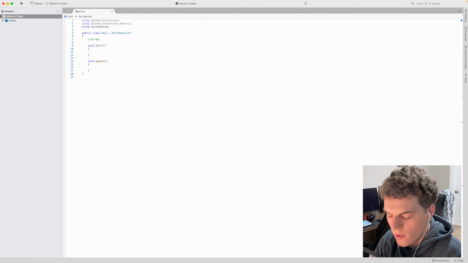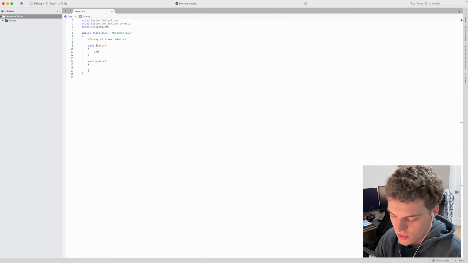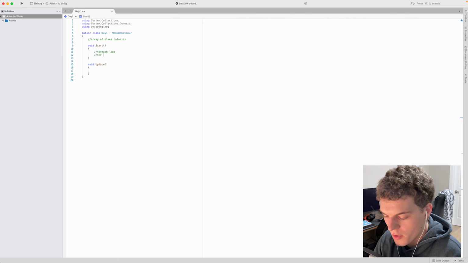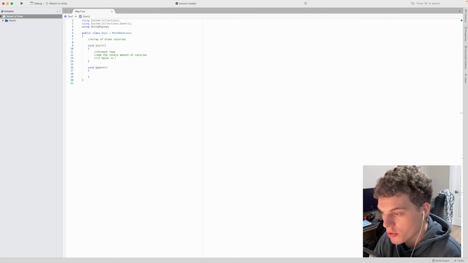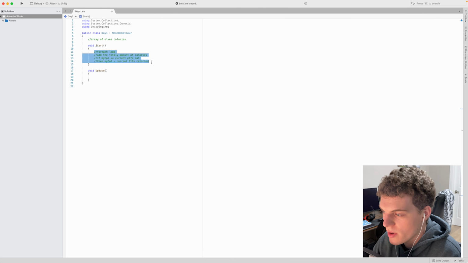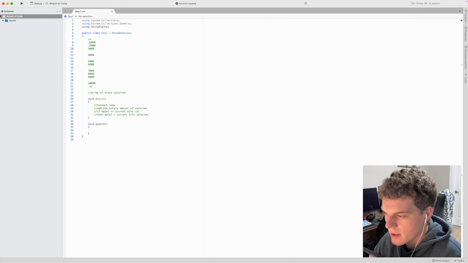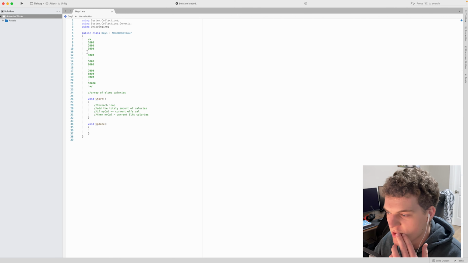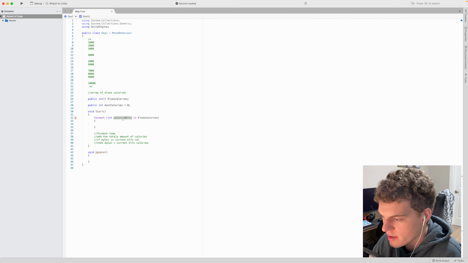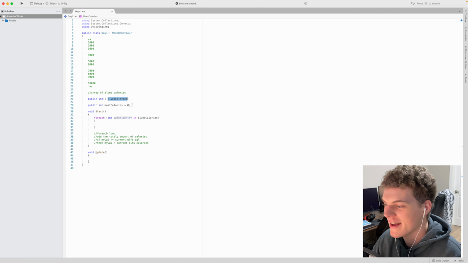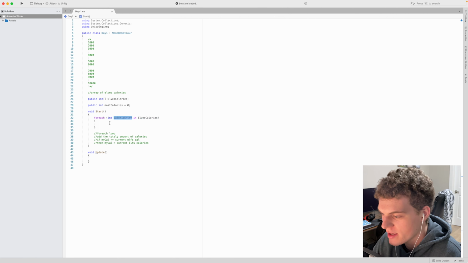So my general idea is we need some sort of array of elves' calories. And then what we need to do is, I'm thinking we'll do a for each loop. It would look like this. Okay, so that is a great place to start. Now we just need to figure out how do we separate each of these. For each calorie entry in elves calories, we can say